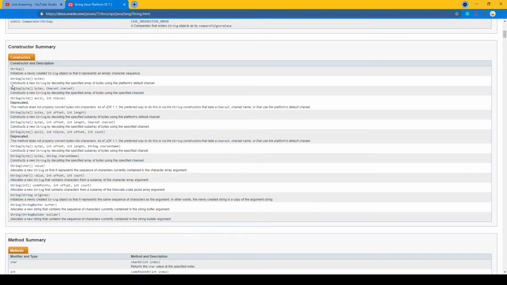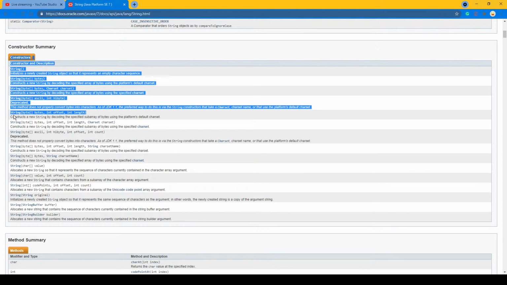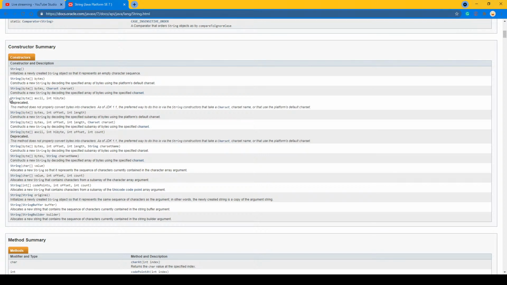We come here, and this is a constructor summary. A constructor is kind of like, you're at a construction site. You can't just put together a building on the spot, right? You have to get the materials together. That's what your constructors are. Your constructor, you'll notice, always starts with string because that's the class or object, whatever you want to call it,